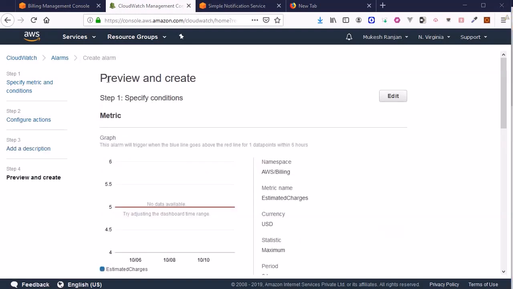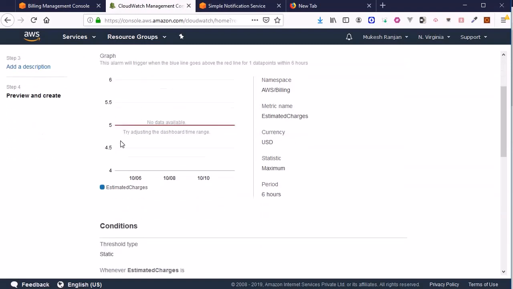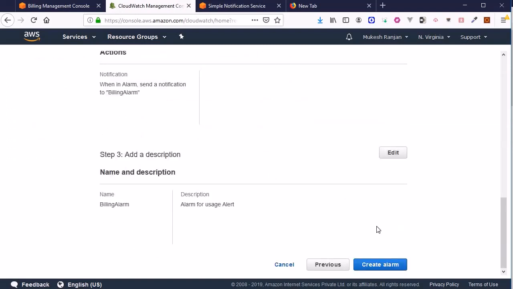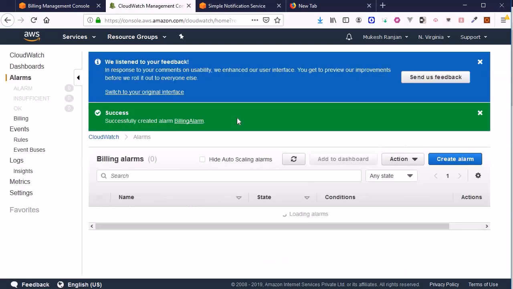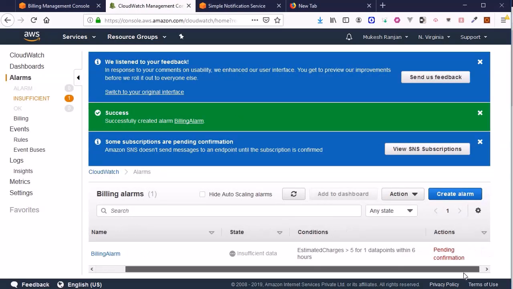Once done, you will get the preview and create. Here, if you want to make any changes, you can edit again. If you want to change the currency or anything, you can do it over here. Once it is done, you should come here and click on create alarm. So it will create the alarm. You will start getting the email once you do the